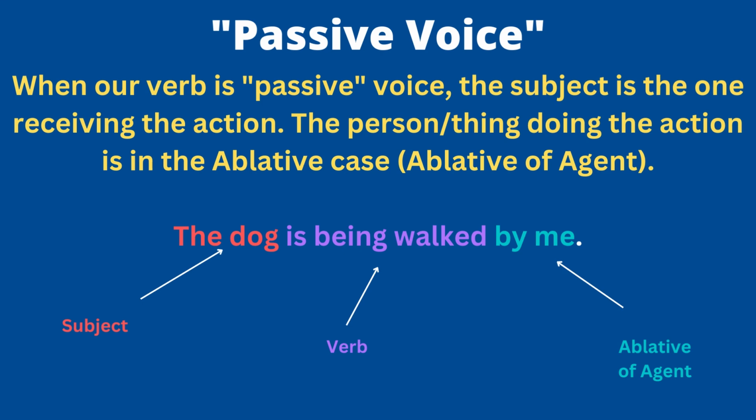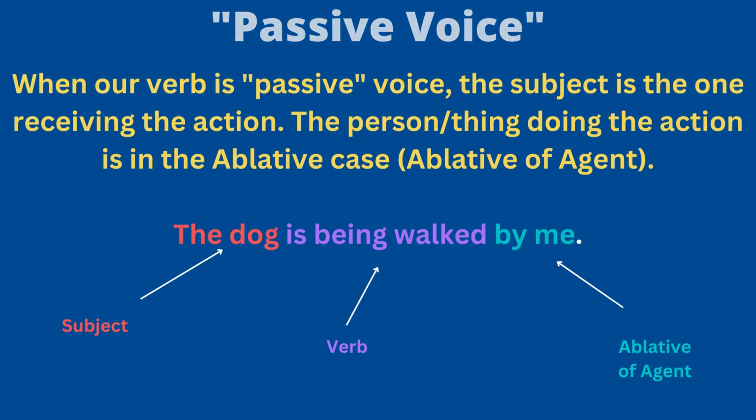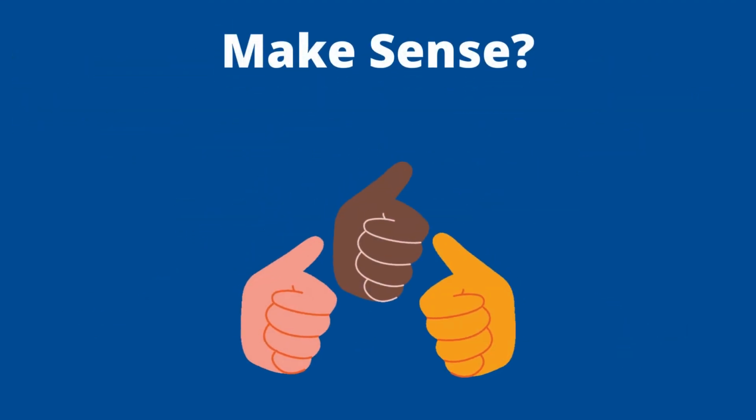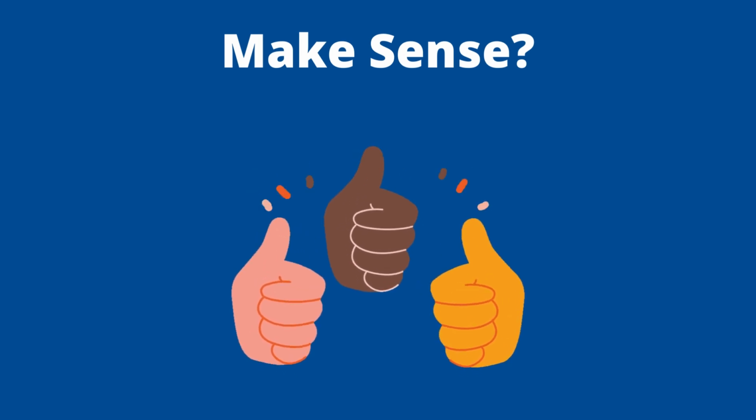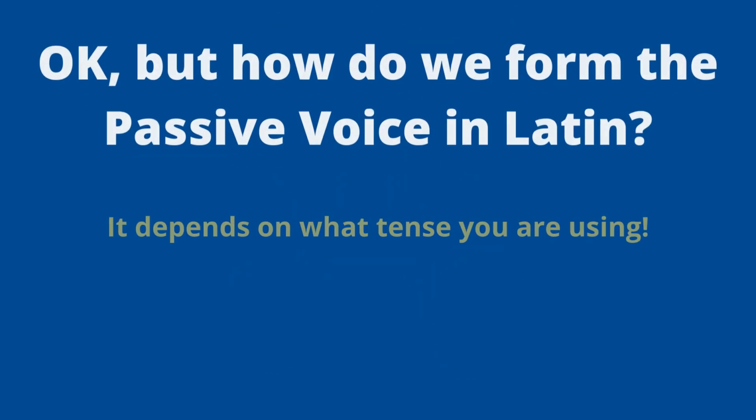And we put the who's doing the action part of a passive voice verb usually with the ablative of agent, which is the by me part. It'll be ablative either way, but that's how you know who's actually doing the action. So it is a slight difference, and hopefully that makes sense. But I keep bringing it up in these videos on passive voice because if you're not sure what passive voice means, it's going to be kind of complicated to understand what we're doing with these different tenses when we put them in the passive voice.